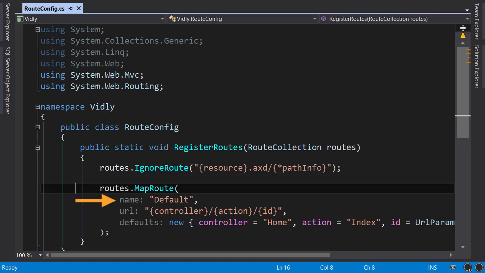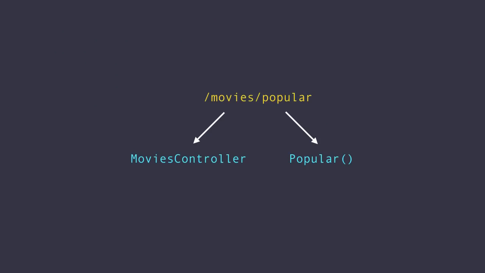Here you see we have a route with the name default and with this URL pattern. So if a URL matches this pattern, the first part of the URL is assumed to be the name of the controller. The second part is assumed to be the name of the action. And the third part is an ID we can pass to that action. With this rule, if we send a request to /movies/popular, ASP.NET Runtime will call a method or an action called